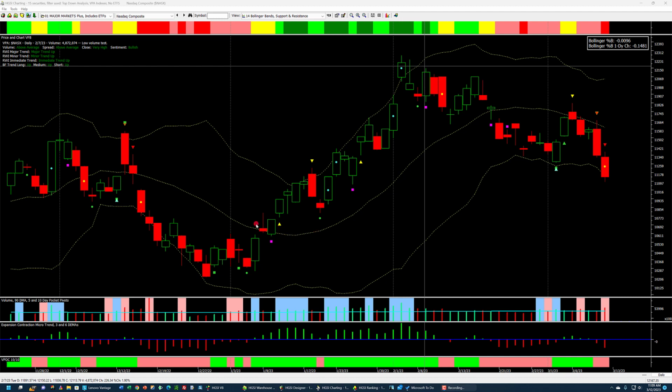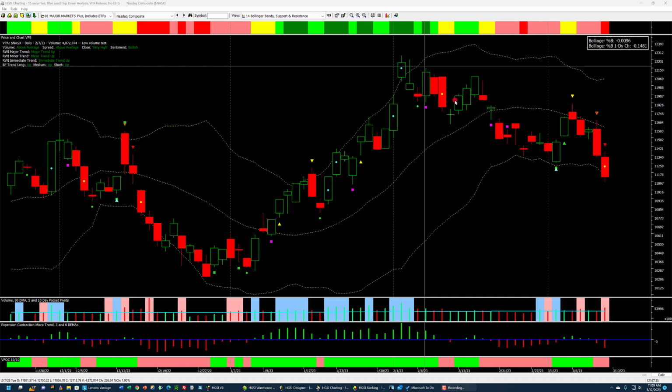When we see the center band going from down to up, and the price is up here between the center and the upper band, that's a good thing because the market's trending up, and it did great until